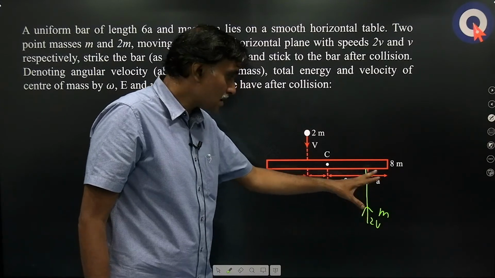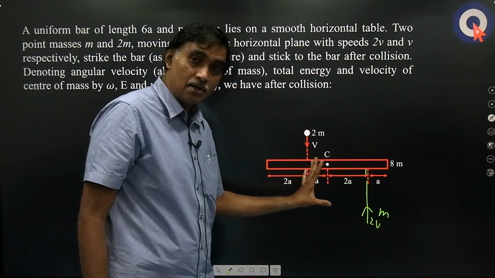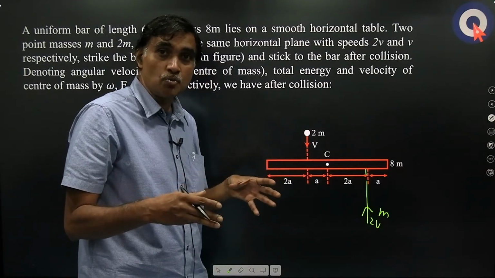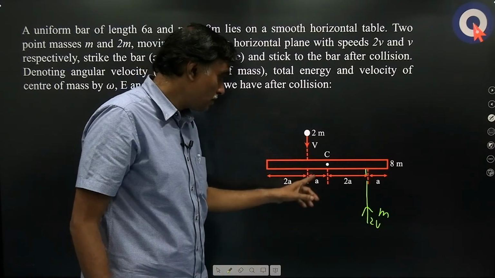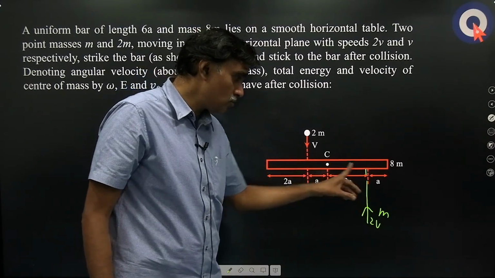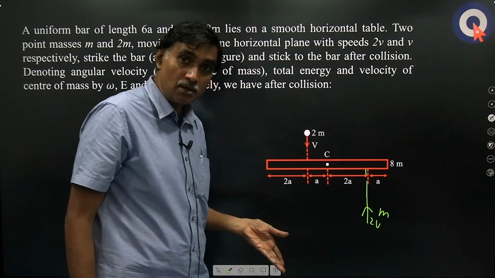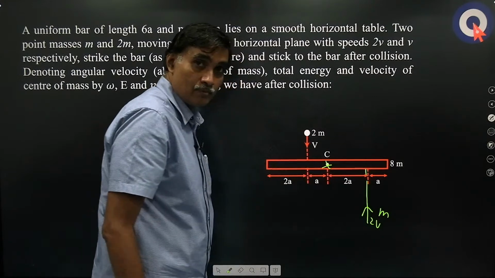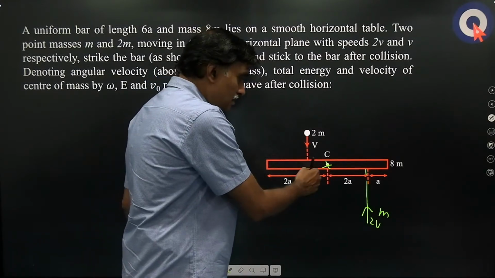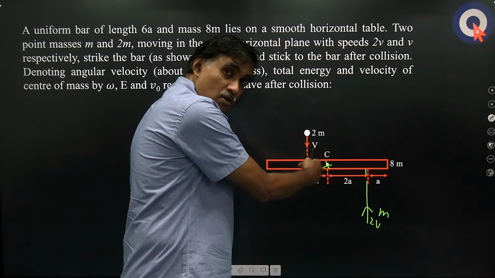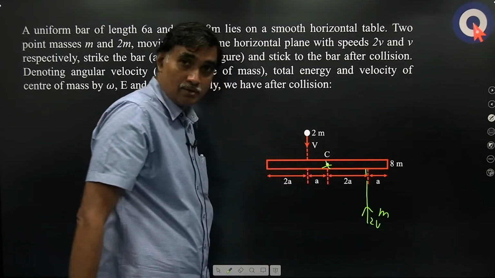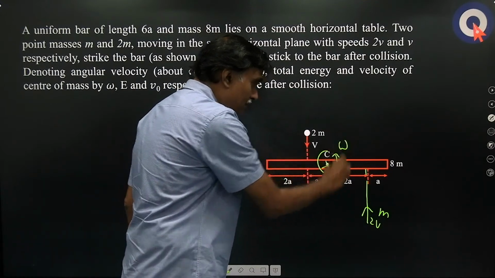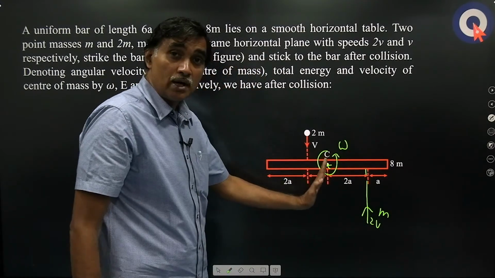That means after sticking also, the position of the center of mass does not change. The center of mass divides the distance between the two particles in the inverse ratio of masses, and 2m is colliding at a and m is colliding at 2a. So the center of mass position does not change even if these two stick. So the center of mass remains here only. So immediately after collision, the rotation is about the common center of mass, which is C only. So assume it acquires an angular velocity omega like this immediately after collision,